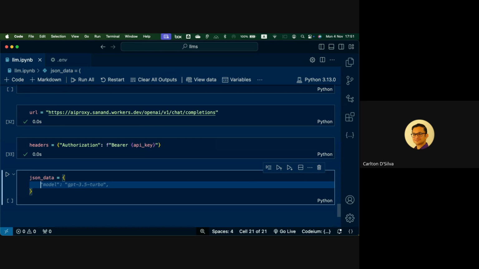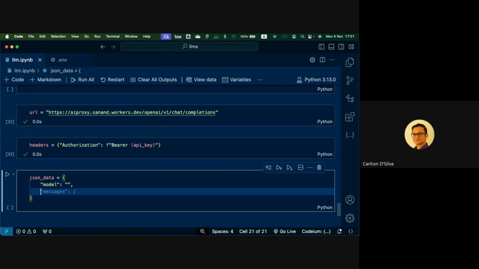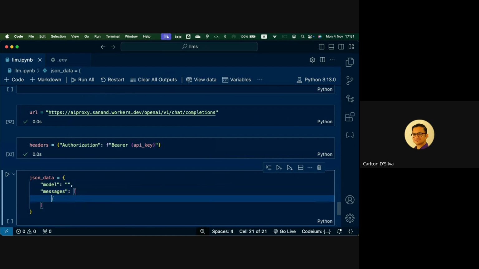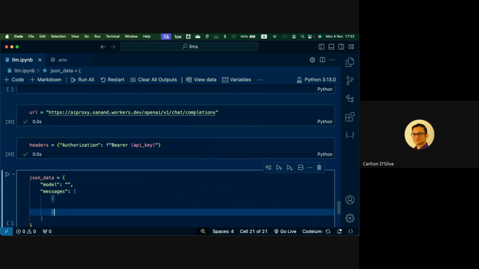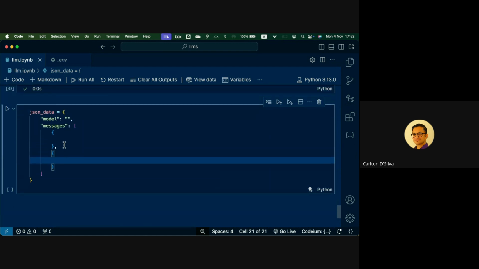Okay, so how do we send our little chat to GPT? The first thing you will require is a key called model, and I'll just leave it blank for now. The next thing you need is messages, some message you're sending to it. Now this messages will be a list. So I'll make the list. What are the items in this list? The first will be two specific items. I'll just make the structure shape of it now so you can see it. These two items will be inside the list.